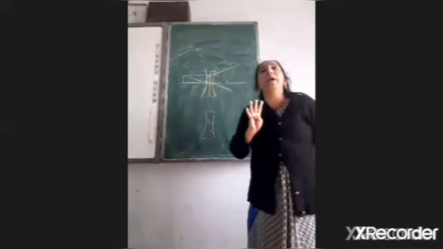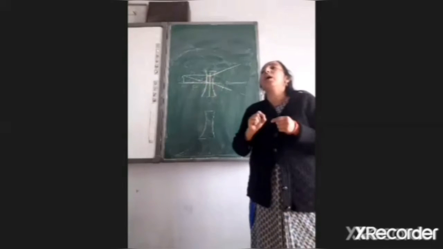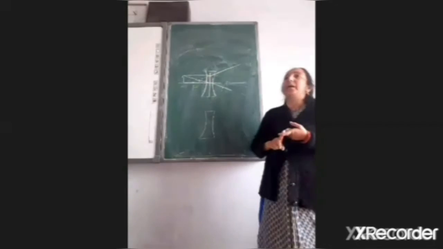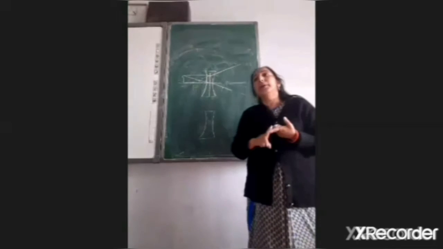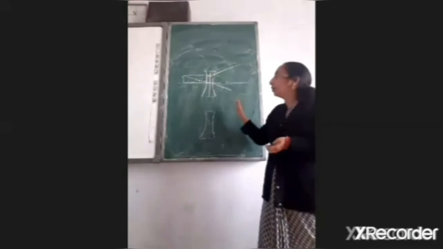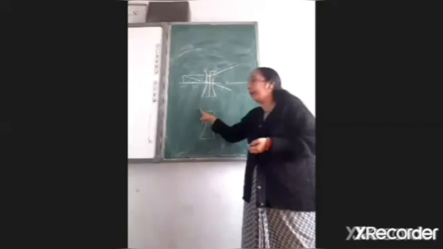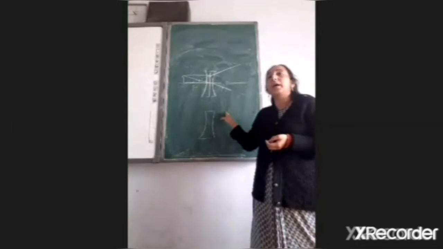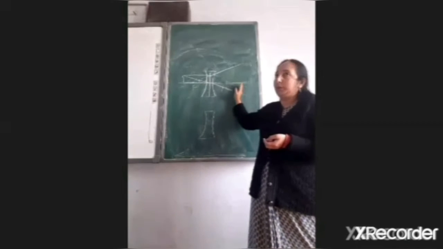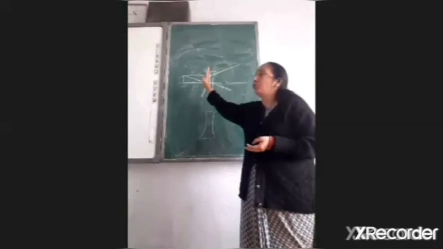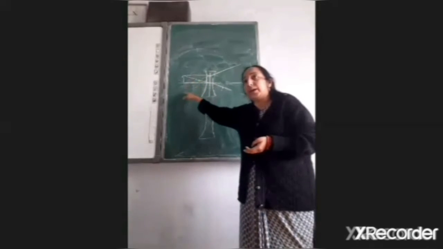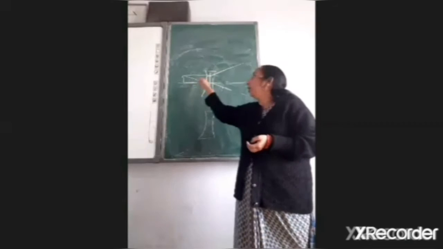So the four points you have to write. Whenever you are making any type of image by convex or concave lens, what do you have to state? You have to find whether it is real or virtual. For real, what should it be? It should be on the other side of the lens. Okay? And for virtual it should be on the same side where we have placed the object.